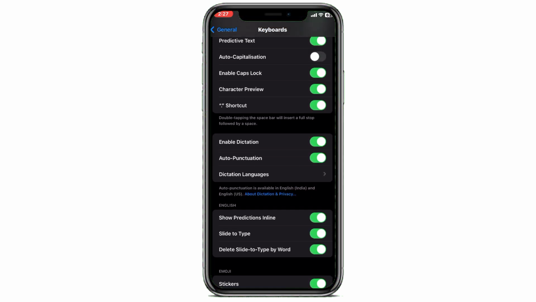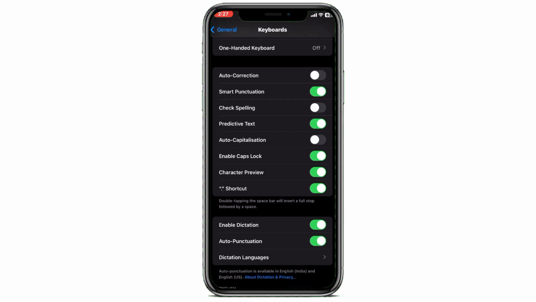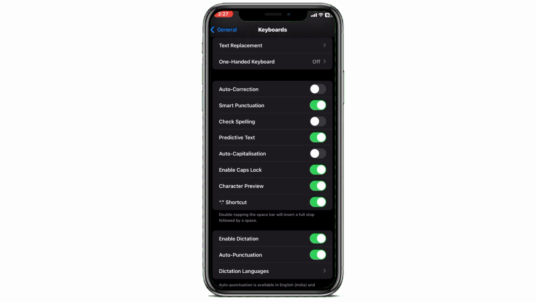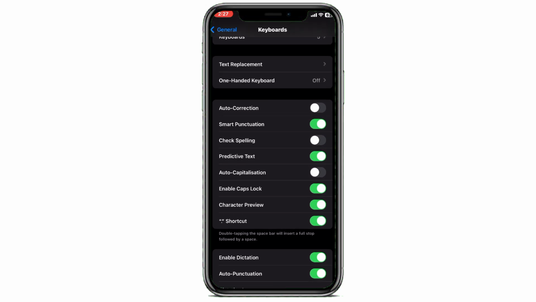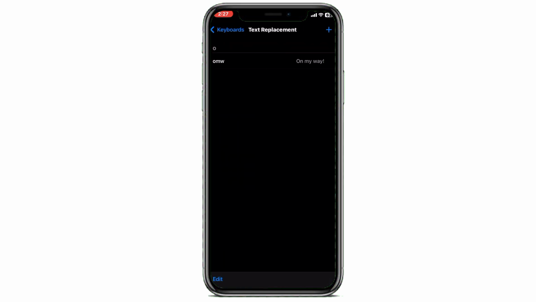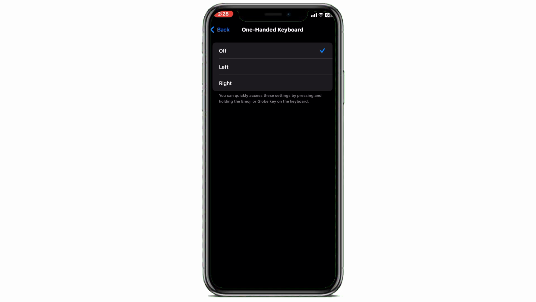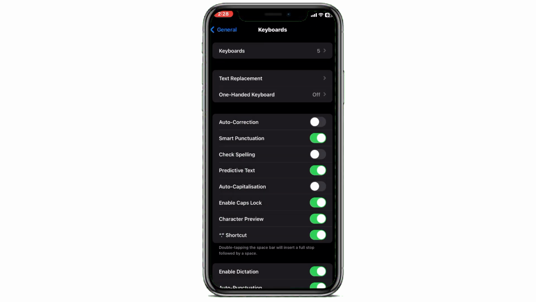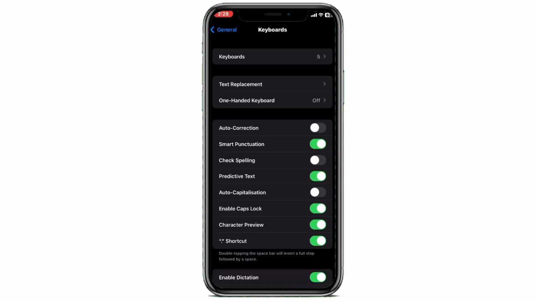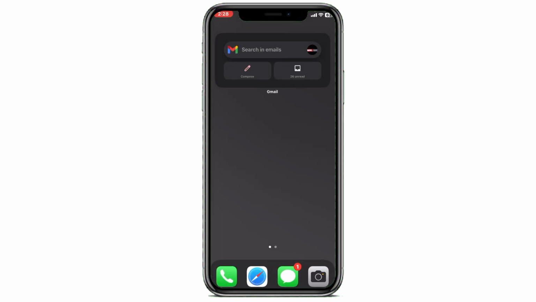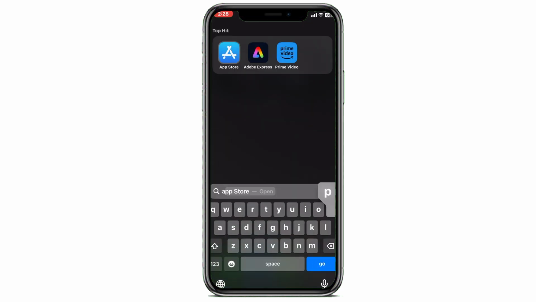Here, just switch off some settings like Enable Caps Lock, Character Preview, Shortcuts, Auto-Correction. You simply have to switch them off. And you can also replace your text. You can set the one-handed keyboard on the left or on the right, so you can change any keyboard setting from this menu. But if you still don't get your solution, you simply have to download a third-party keyboard from your